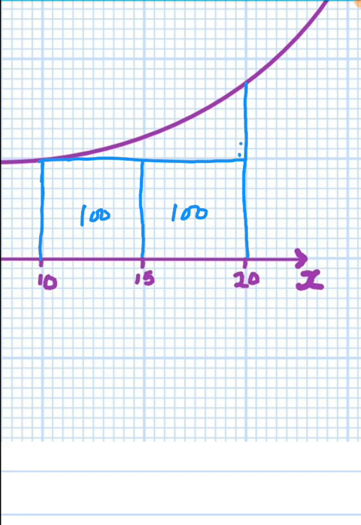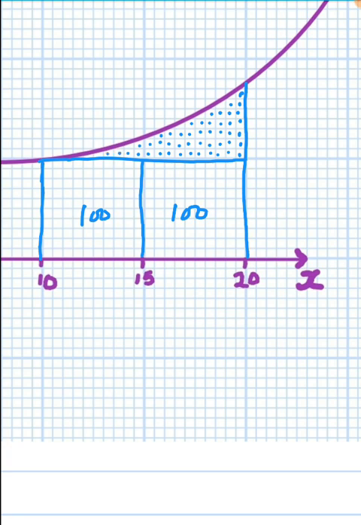So we have 1, 2, 3, 4, 5, 6, 7, 8, 9, 10, 11, 12, 13, 14, 15, 16, 17, 18, 19, 20, 21, 22, 23, 24, 25, 26, 27, 28, 29, 30, 31, 32, 33, 34, 35, 36, 37, 38, 39, 40, 41, 42, then 43, 44, 45,